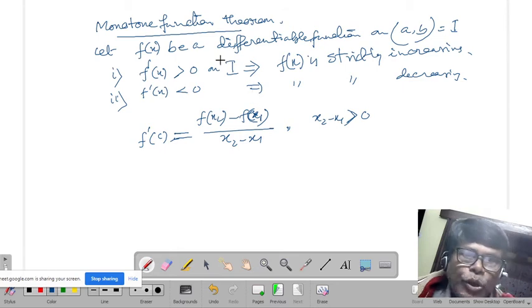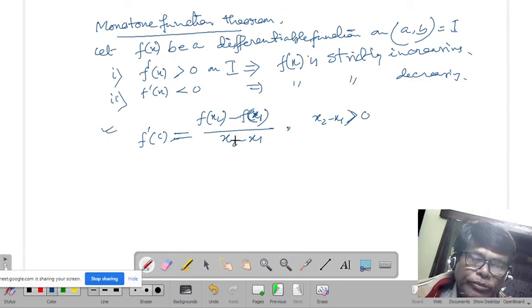So to prove the theorem is not very easy. You can prove it by the mean value theorem, and the mean value theorem is true for any value c that lies between x2 and x1. Now this is our first observation. We have to find out whether the function within that interval is decreasing or increasing. So this is our first lesson on whether a function is decreasing or increasing.